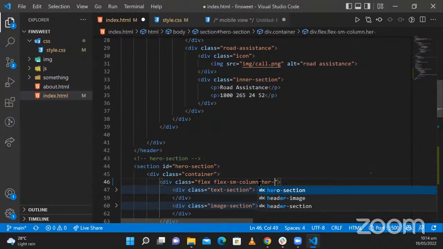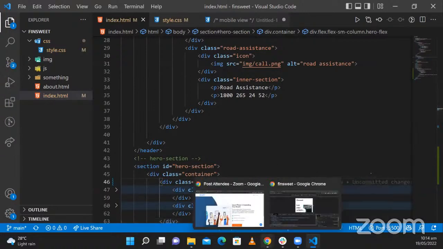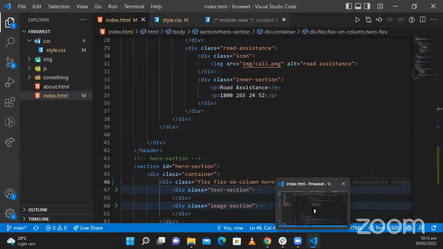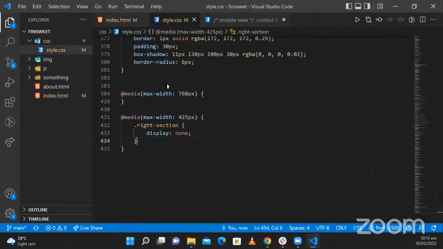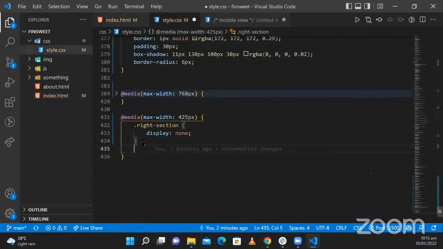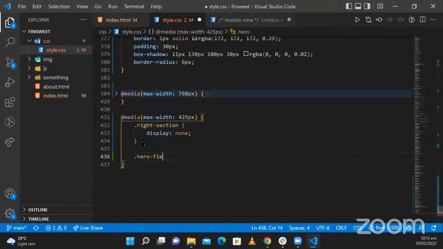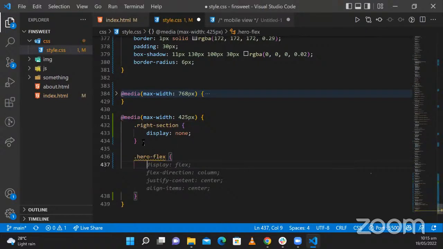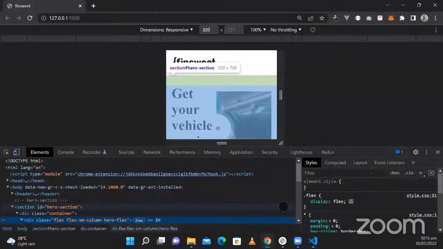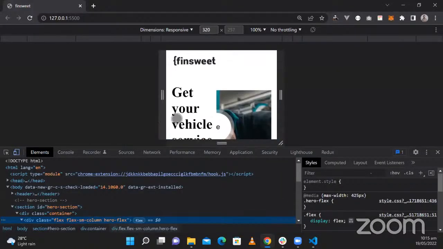Let me just say Euroflex. I don't have flex or Euroflex. I can't think of a good name, so let me just use that. So for Hero Flex now, I want my Hero Flex to have a flex direction. Like I said, it actually goes in a